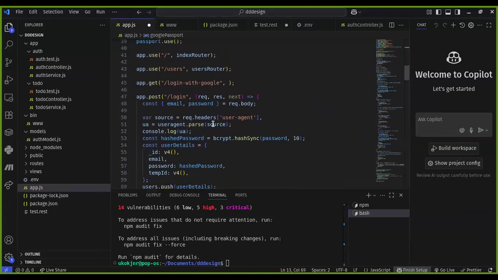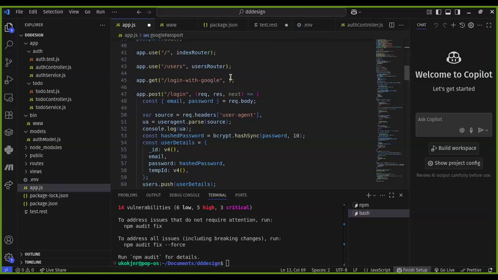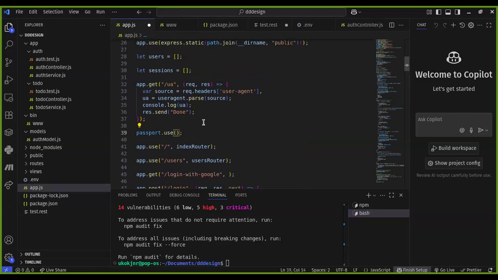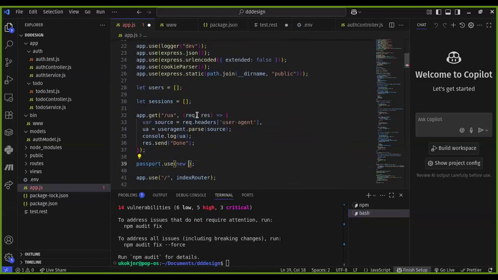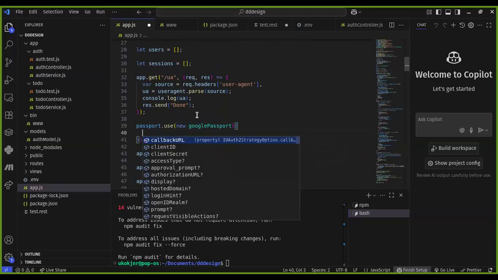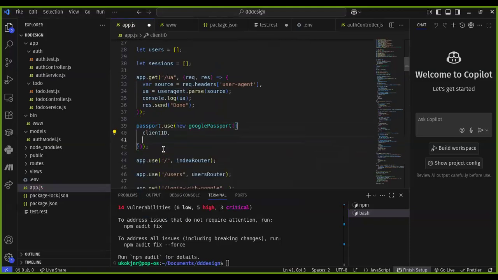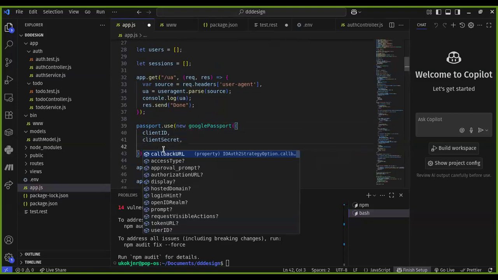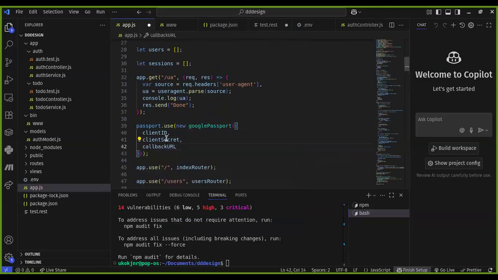Well, here we have... when I was studying, so this was what I was looking for, sorry. Then I'll say new Google passport strategy. And then this is going to accept client ID, client secret, callback URL. So the client ID is going to be, wait,